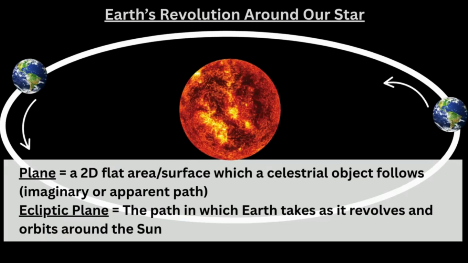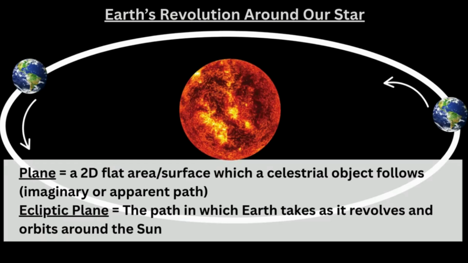First, some definitions. The word revolution just means the movement or apparent movement or pathway of our planet Earth around our star, the Sun. And this takes 1 year or 365.25 days. And in astronomy, a plane, P-L-A-N-E, is a two-dimensional flat area or surface of which a celestial